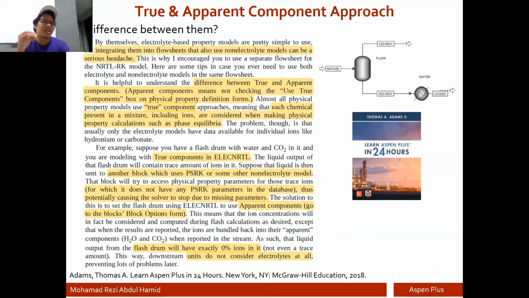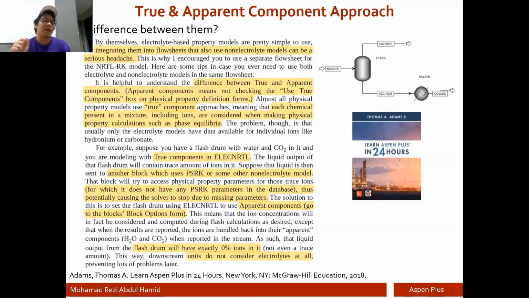Instead, it will combine all of the ions. For example, with sodium chloride, you have Na+ and Cl-. When Aspen has finished calculating, it will not report the ion flow rates, but will combine all of the ions together along with the sodium chloride